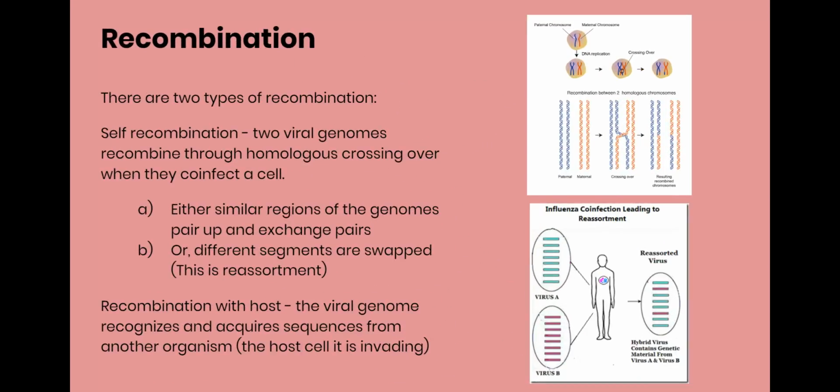Recombination. There are two types of recombination. Self-recombination is when two viral genomes recombine through homologous crossing over when they co-infect a cell. Either the similar regions of the genomes pair up and exchange pairs, they basically recombine, or different segments are swapped. This is a reassortment. We'll get into more detail on that later. Recombination with the host, on the other hand, is when the viral genome recognizes and acquires sequences from the host